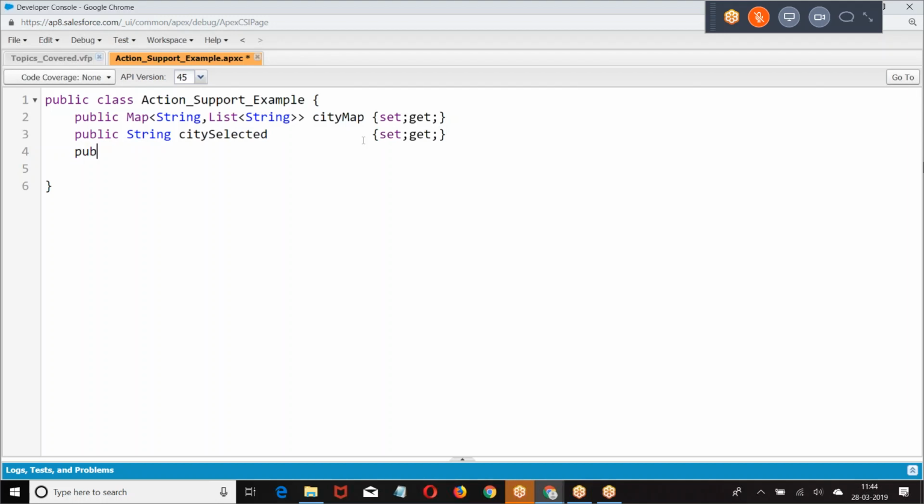Now I want to create a pick list field here, where I was giving city map equal to new map of. Then I was giving stuff, at place is equal to.